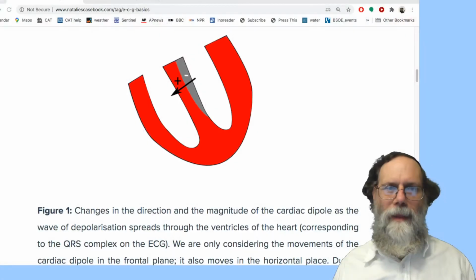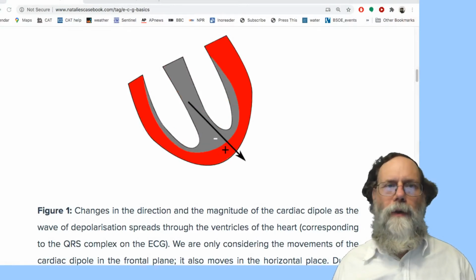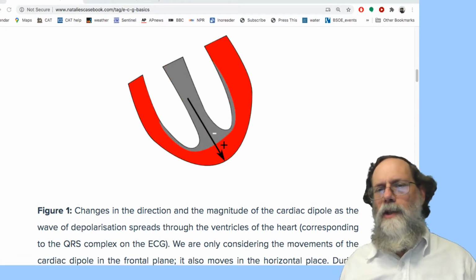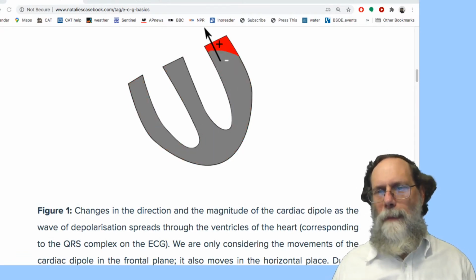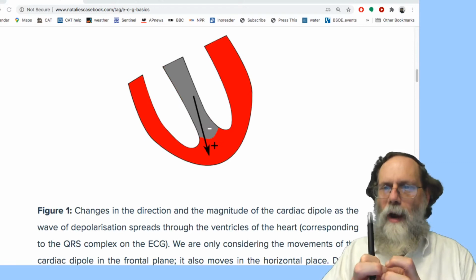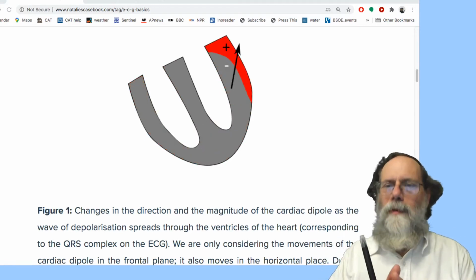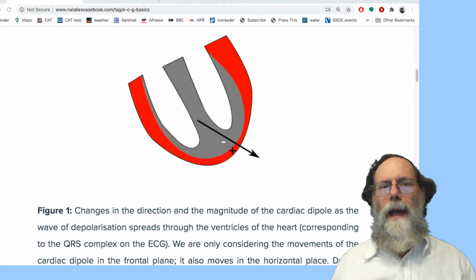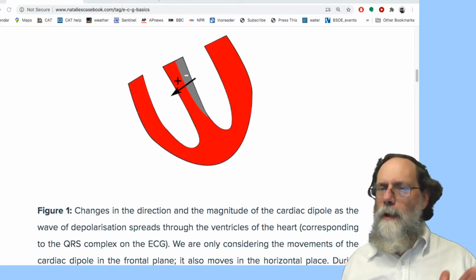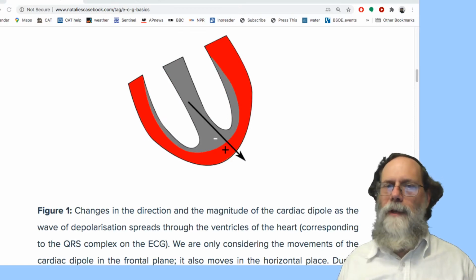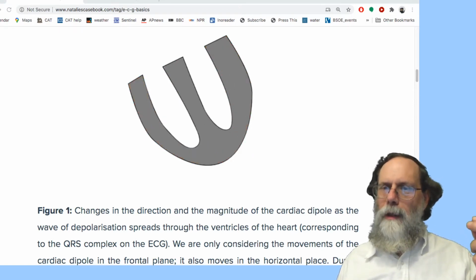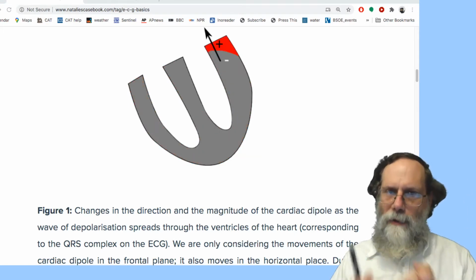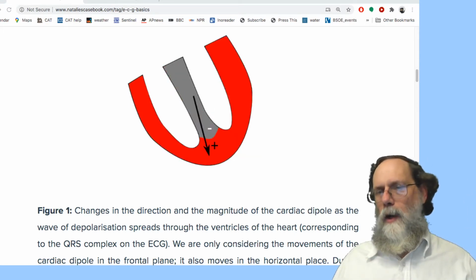Let's take a look at a view where we've got something that looks more like the ventricles of the heart. Okay, so this cartoon, which is from Natalie's casebook, there's a full citation in the book, is showing the depolarization wave that happens when the ventricles contract. So when you get the big squeeze that pushes the blood out through the circulatory system. And what you can see is that that center part there, the septum that separates the left and right ventricles, is where the depolarization wave starts. It travels down the septum and out to the outer part of the heart.